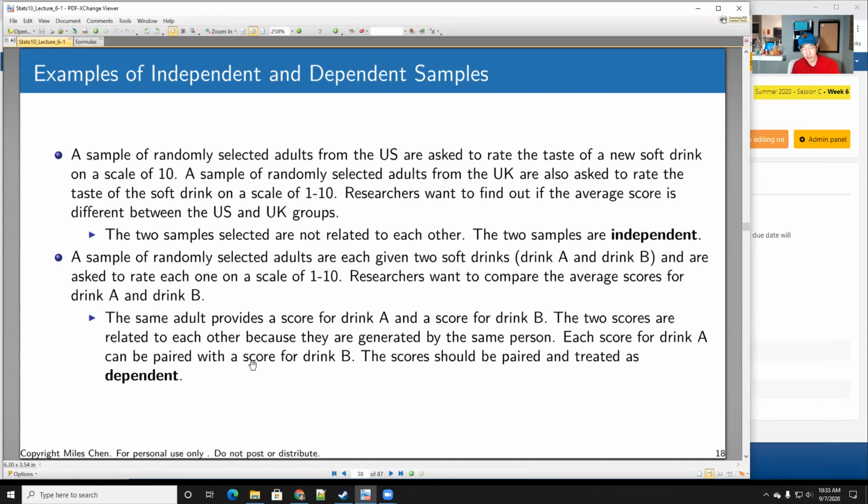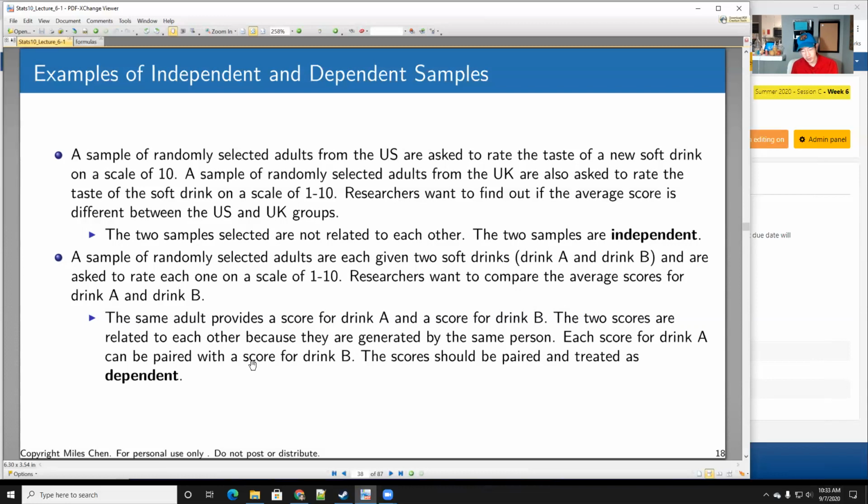And therefore, each score that we have for drink A can be paired with a score for drink B. We can say this is the drink A score from Bob, and this is the drink B score from Bob. This is the drink A score from Alice, and this is the drink B score from Alice. So every score in one group can be paired with the other group, and so we have to treat this as paired data